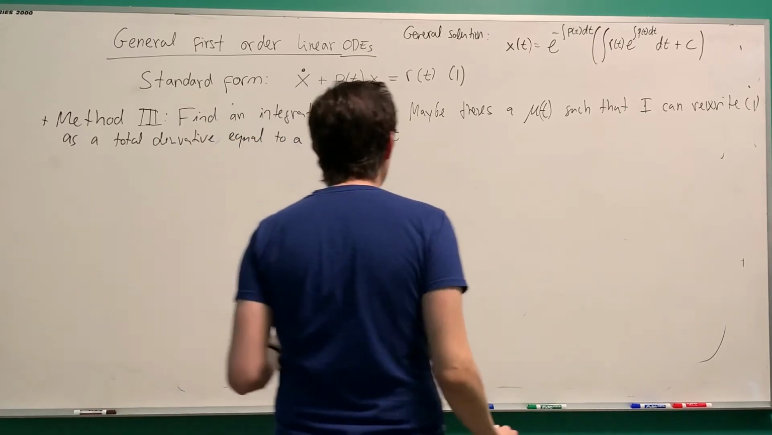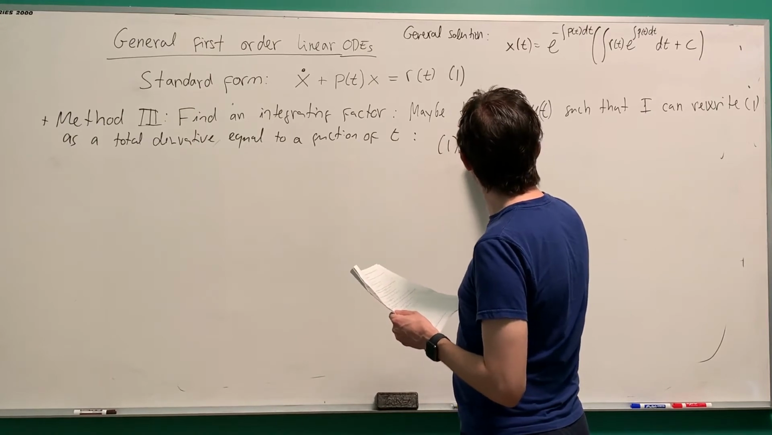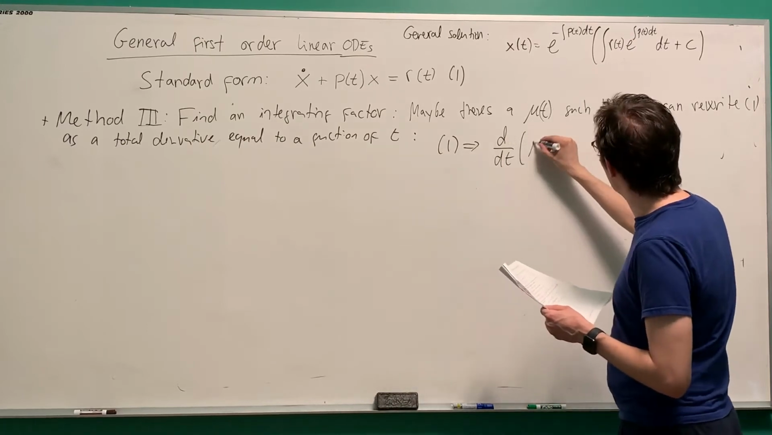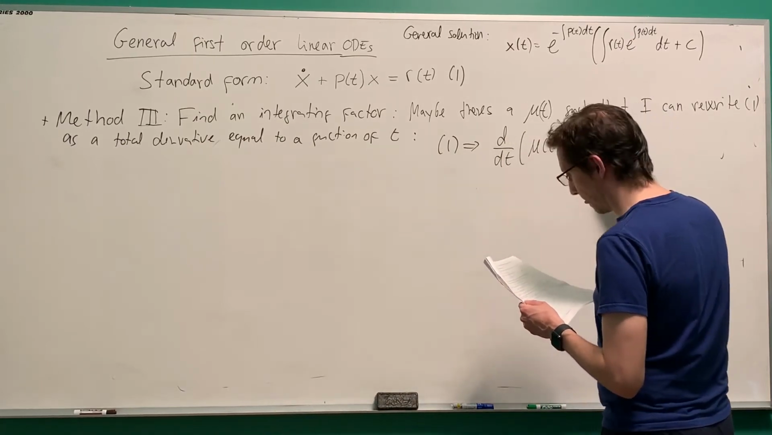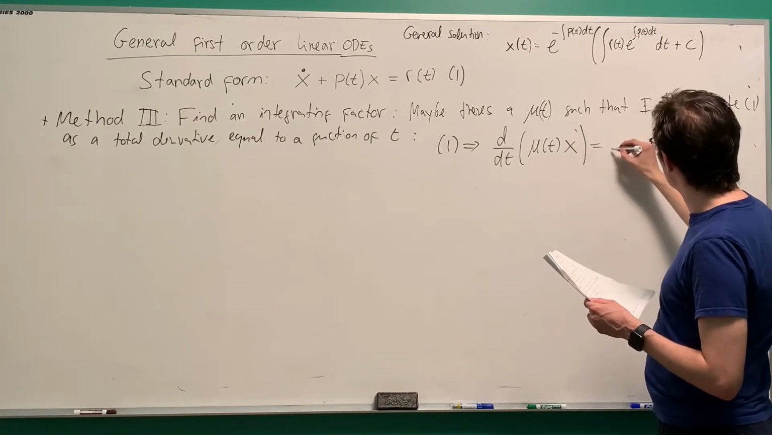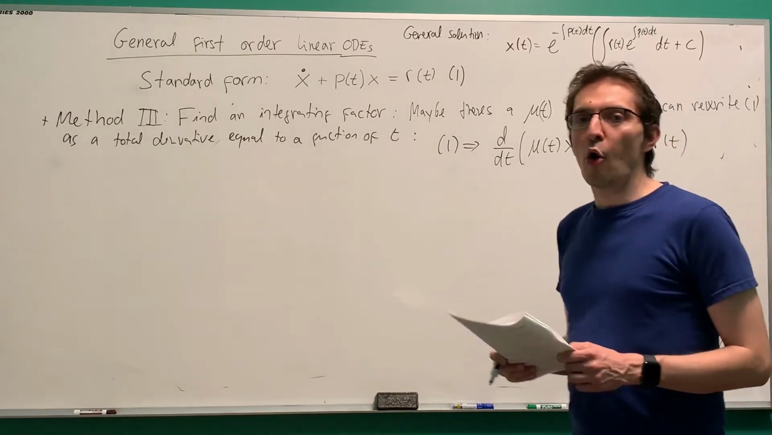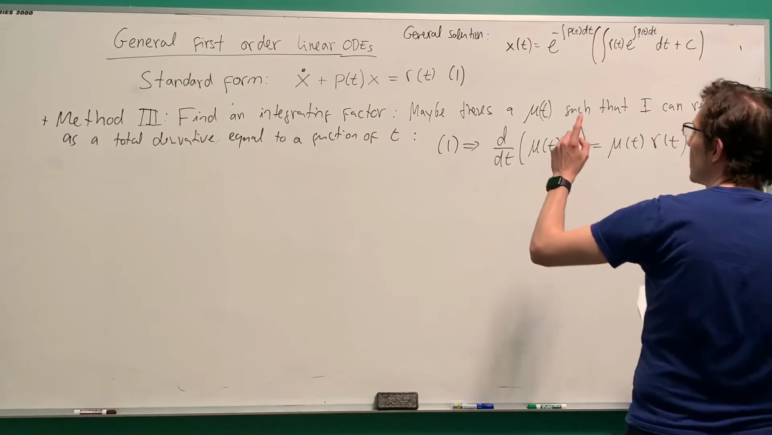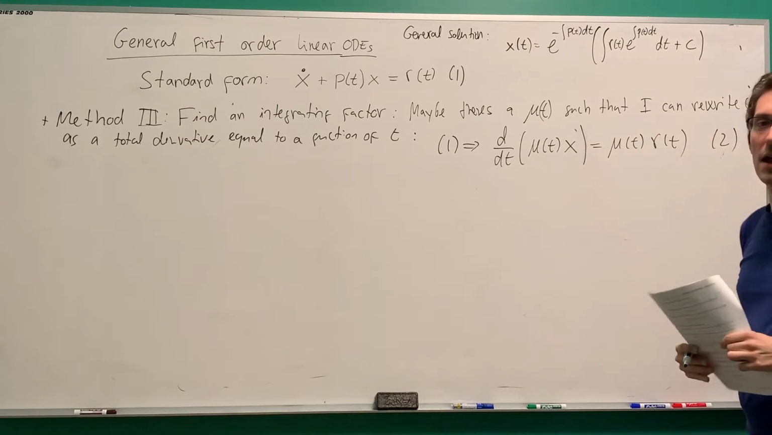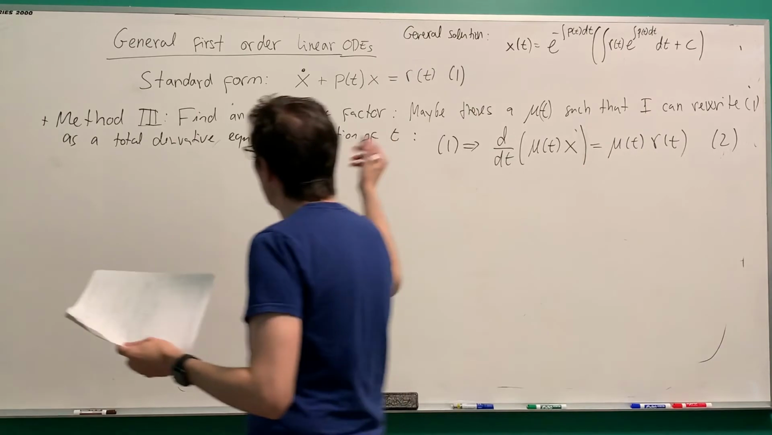What does that mean? So maybe there is a mu such that equation 1 becomes d dt, the total derivative of mu of t x, equals mu of t r of t. So maybe there's a mu such that I can write 1 in this form, which is 2. Would I win something if I do that? Well, yes, you would, because this is easy to solve, right? If so,